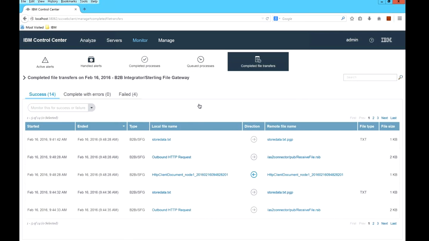And what we see here is a tabular view of those individual file transfers. You can further filter it on this screen, perhaps by success, failure, and so on, and you can also change the date. You can also change these columns. I've just put some standard ones in here, so we see when these particular file transfers were started, when they ended, what the server type was, file names, whether inbound, outbound, and so on. So you can very easily change the columns here, so you can get information in the way that you actually want it. So going back to the dashboard,